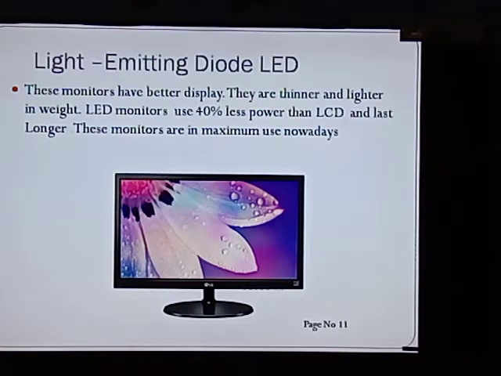These monitors are in maximum use nowadays. Nowadays we can see all the computers come with LED monitors, which consume less power and have a better display quality. So this is the third type of monitor, which is called LED. Now let us learn the next part of computer from the next slide.